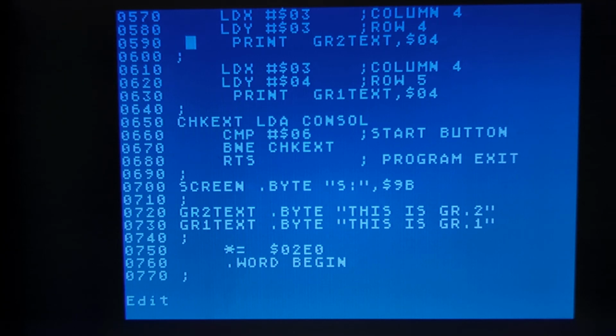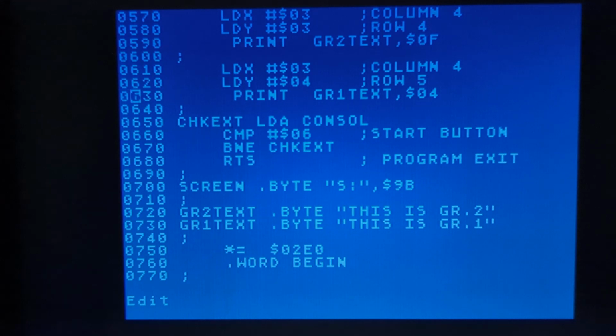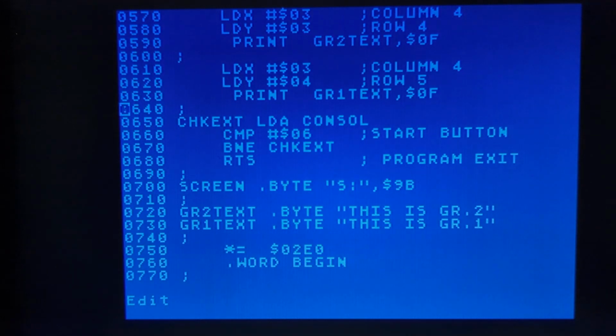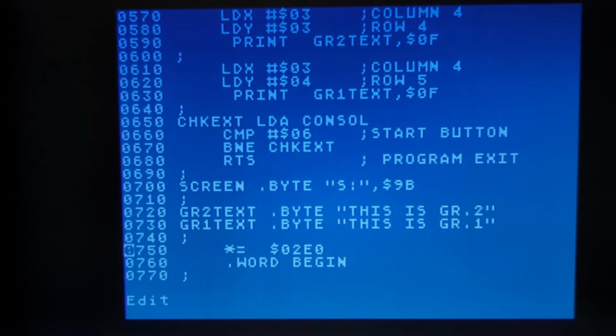If I have the length too long, so like if I say the length is 15, but there's only 12 characters of text in my string,